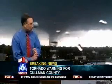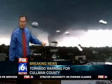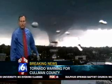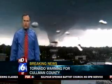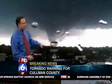In this part of the country, you don't see storms like this very often. This is what you typically see out in the plain states. This is the real deal here, folks. When we were talking about it yesterday, what a serious weather day it would be, this is what we're talking about. And if you just watch this...